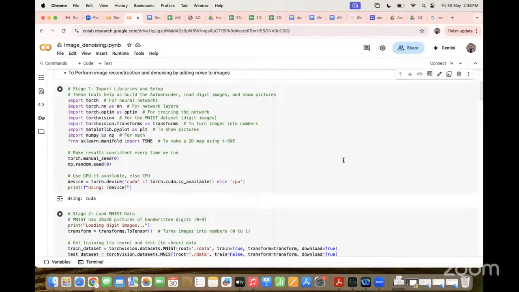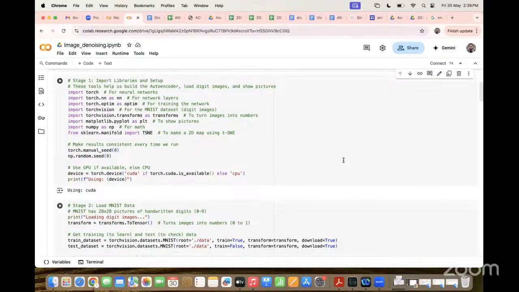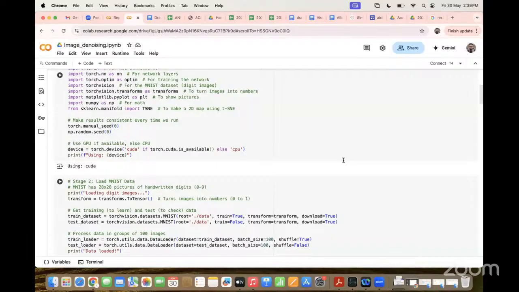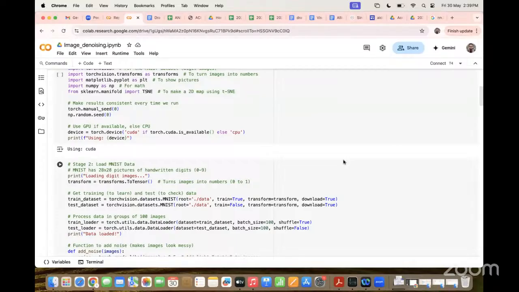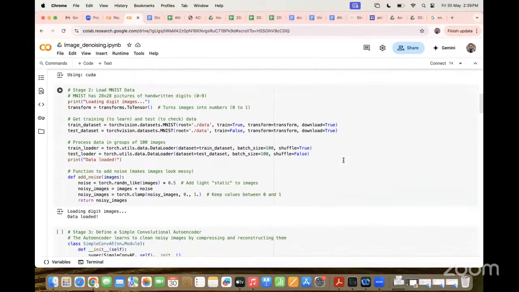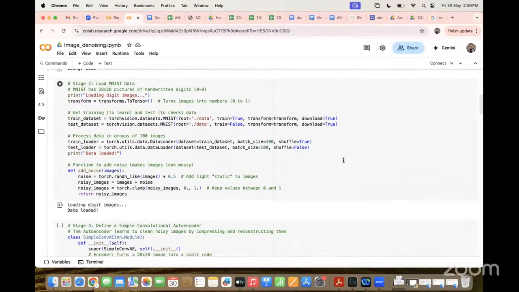In stage one, you can see the various libraries which we have invoked, and we have included some random seed values, because every time you run it, the result should be consistent. In stage two, we will load the data. We can fetch it from the available dataset.